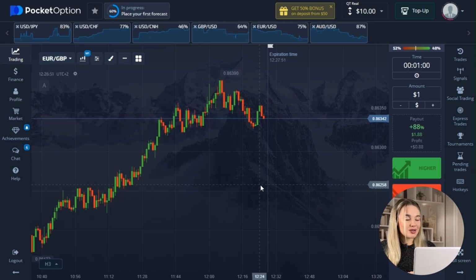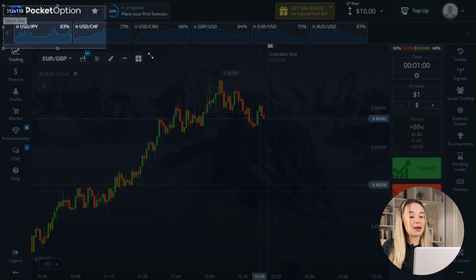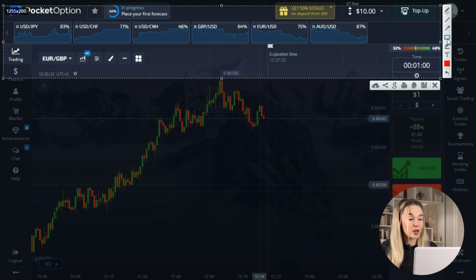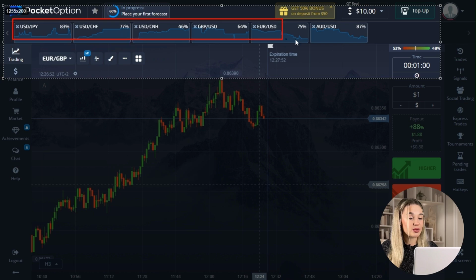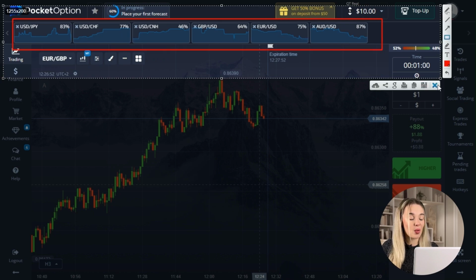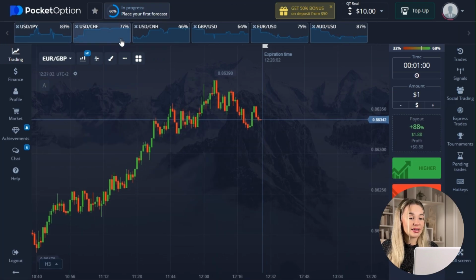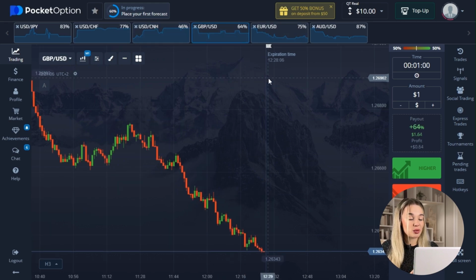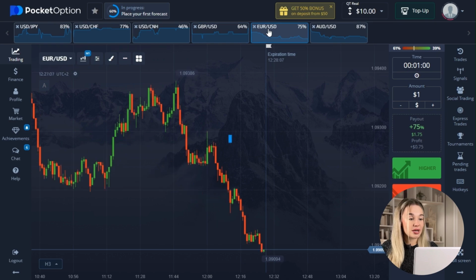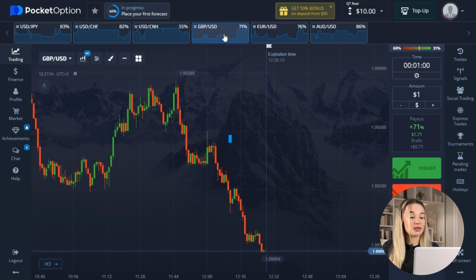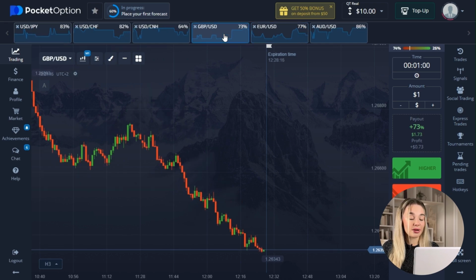What has changed? Look at the screen right now. Now you see buttons at the top for quick switching between charts, so you can move swiftly from one to another. And importantly, if you notice, there is a correlation between currency pairs where charts mirror each other's direction and have similar trends. This similarity can be used in trading, but remember, this strategy requires study, as there is no